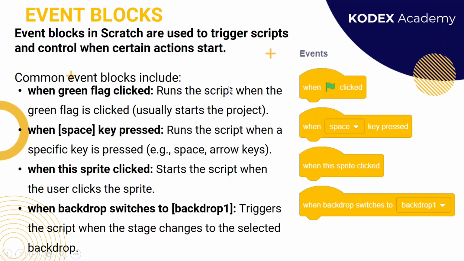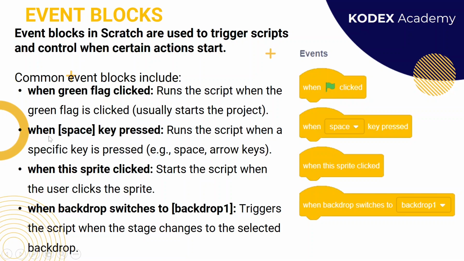Now one by one we are going to discuss each and every command block present under the event block palette. So first, which is a very common block and used in each and every animation, the first one is when green flag clicked. We are very familiar with this command block. Whenever we make any kind of play script, the first block which we choose is when green flag clicked. You have seen this block so many times. Here this green flag gives the signal to start your project. Whenever you want to run your script, you just need to click on the green flag.